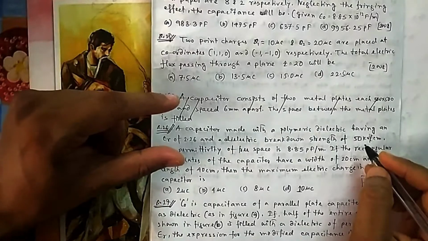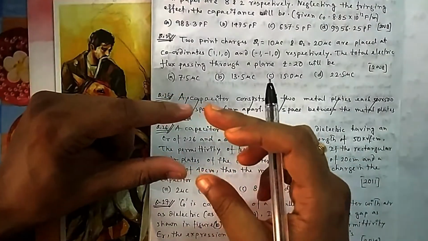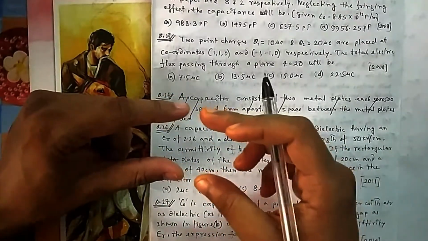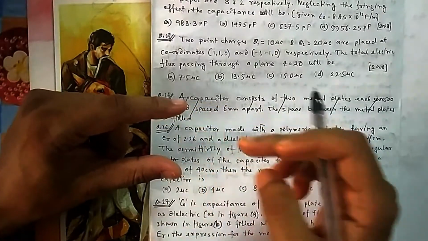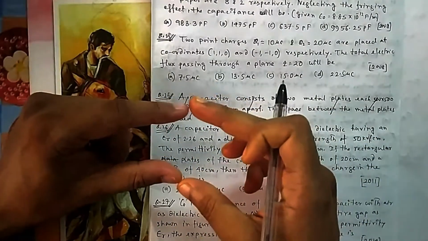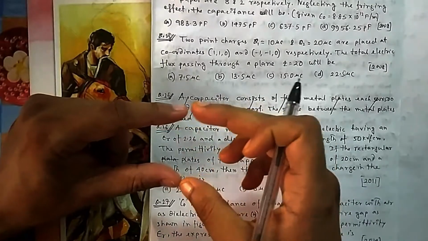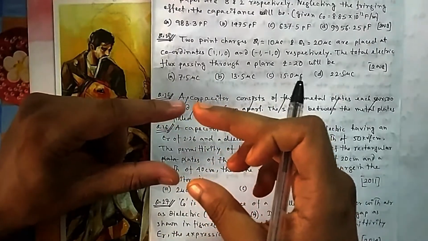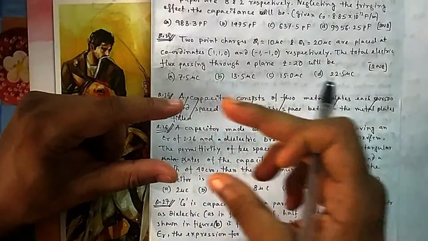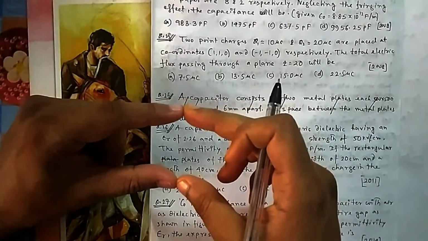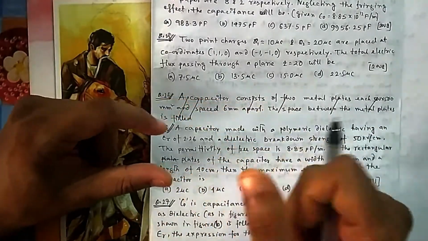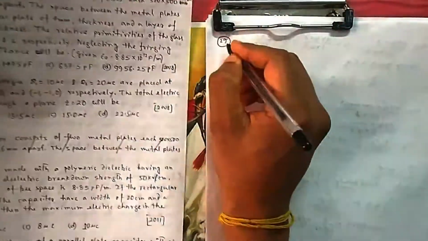For a 1 centimeter gap, because the voltage is applied between two terminals, the gap is 1 centimeter. For 1 centimeter you are applying 50 kV, and for 1 centimeter you calculate the capacitance. So you know the capacitance for 1 centimeter, and you know the voltage for 1 centimeter. So you can multiply these two to find the charge. So the maximum charge that you can have is C into V.